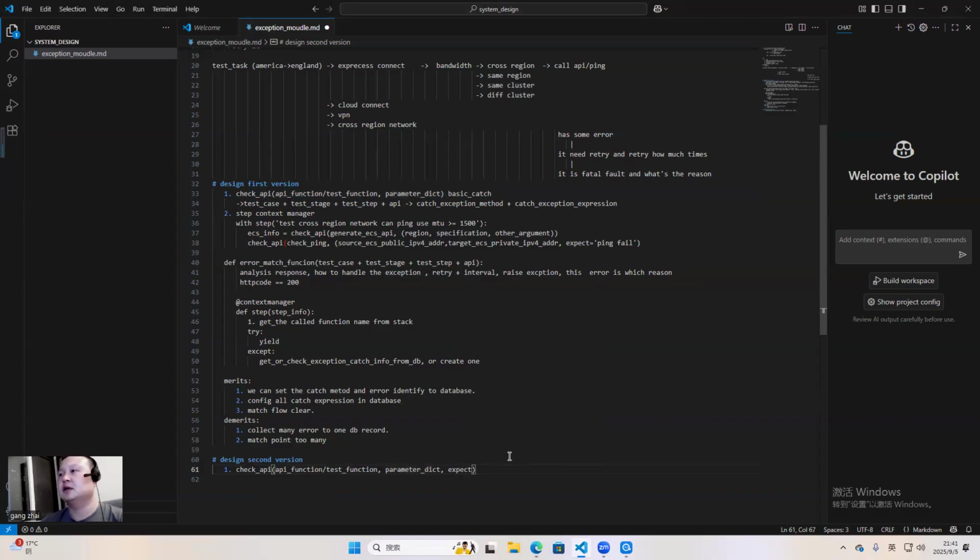The default value was HTTP code equal to 200 or